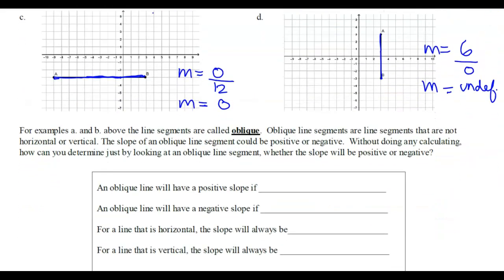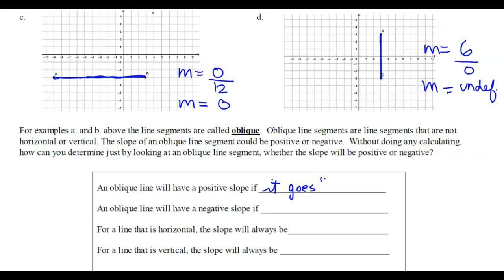So for examples A and B above, the line segments are called oblique because they're diagonal. Oblique line segments are line segments that are not horizontal or vertical. The slope of an oblique line segment could be positive or negative. Without doing any calculating, how can you determine just by looking at an oblique line segment whether the slope will be positive or negative? Well, we'll have a positive slope if it